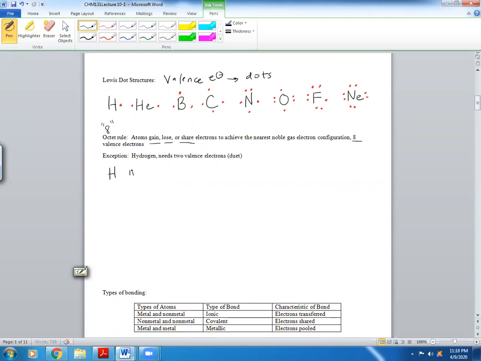So hydrogen has 1 valence electron, and that would be 1s1. Well, the nearest one is helium. Helium has 2 valence electrons, which is 1s2. And that's happy. It's a full shell now. But other atoms, of course, are not satisfied with that. So, for example, if I have something like sodium,